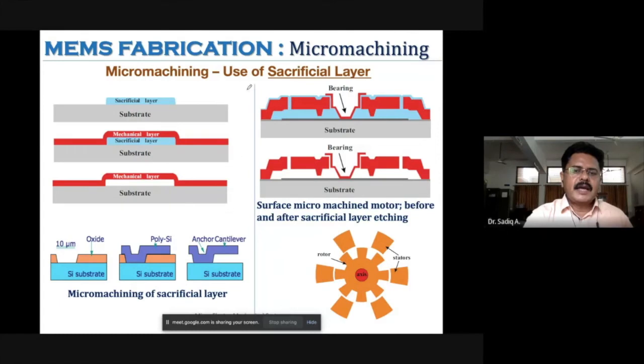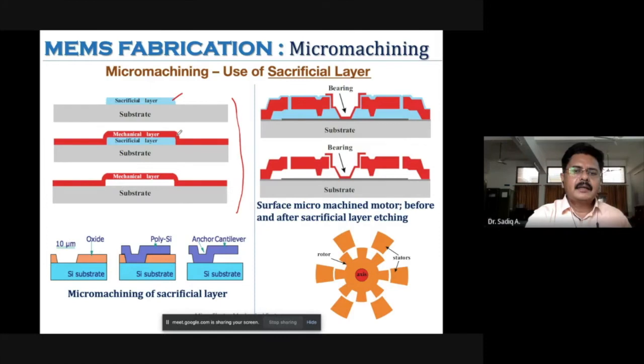Consider this particular diagram. Here, imagine that on a substrate, you want to generate a mechanical bridge kind of arrangement like this in the micron scale. How can we fabricate such a construction? For that, the process is, on the substrate, we will first place some sacrificial layer, some deposit of material. That material will act as a sacrificial layer. After depositing the material, the unwanted regions will be removed so that only the required region will be retained. So this is layer number 1.